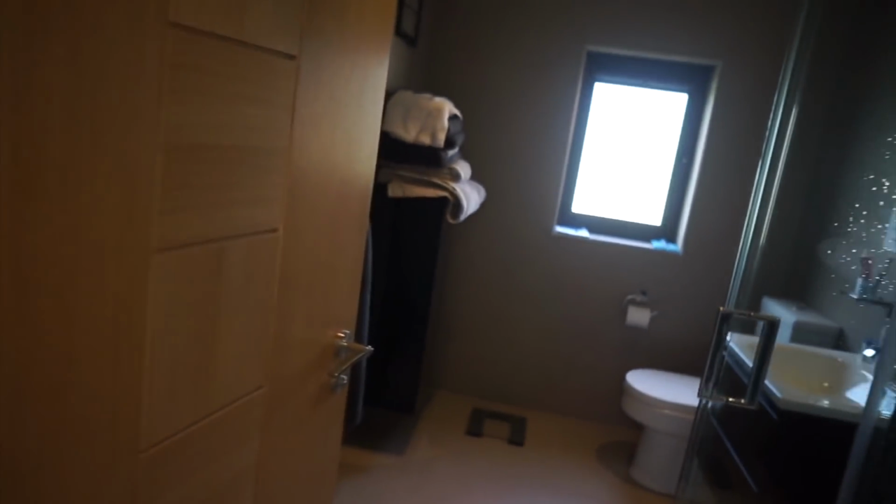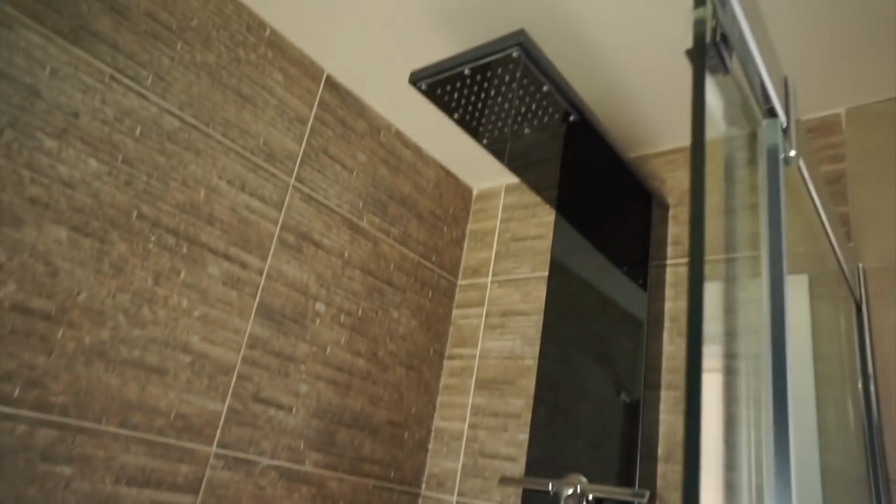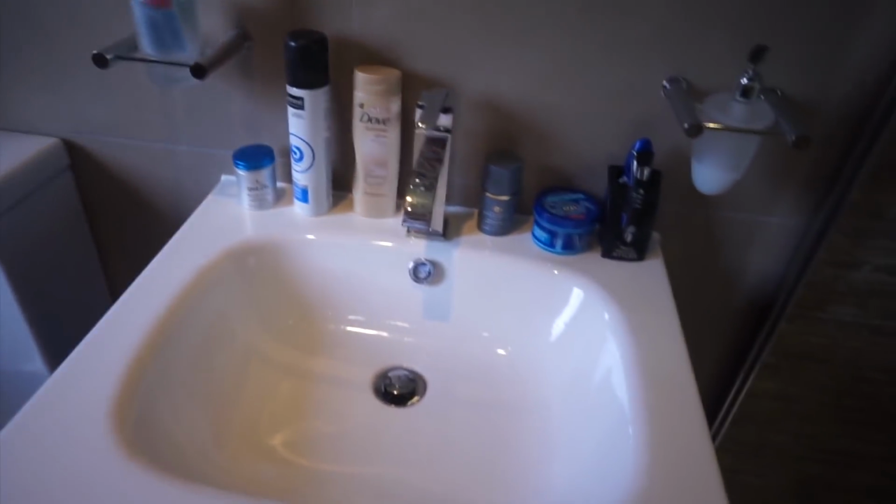So this is my little ensuite, which is very nice. Got a nice walk-in shower. I have a shower usually nearly every morning. Sometimes I don't. It does wake you up and make you feel a lot better when you've had one though. I need to clean this mirror, so don't have a go at me, but a nice mirror. Got all my products, sink, brush my teeth,